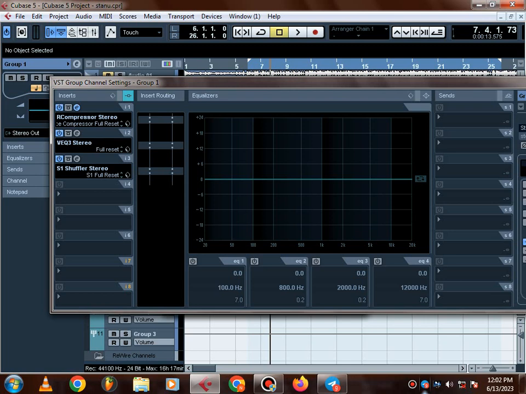Number 4, I use the stereo imager. I've said its work. Stereo imager is to balance the voice to be on both left and right studio monitor, if you are using studio monitor, and if you are using any speaker, let me say earphone, headphone, it balances left and right. Number 3, I use the